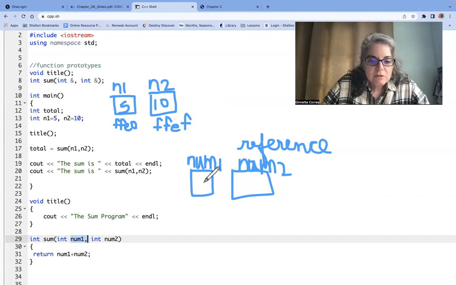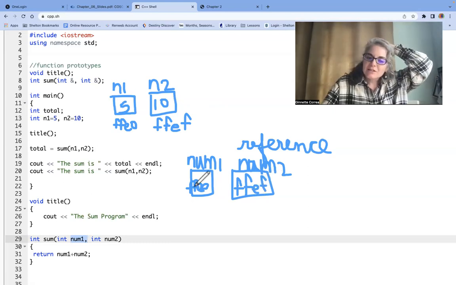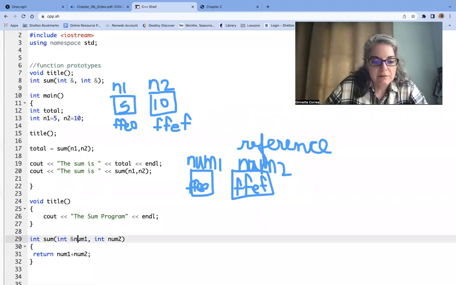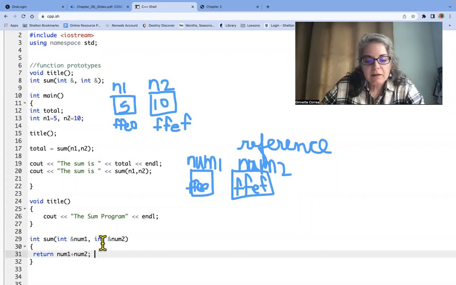Okay. So what these store are the references. So the address FFE0. So the memory, it tells me where this is found. Sorry, this is taking forever. So what that means is that because it does that, now I do have to add ampersand there, ampersand here. What that means is if I say something like